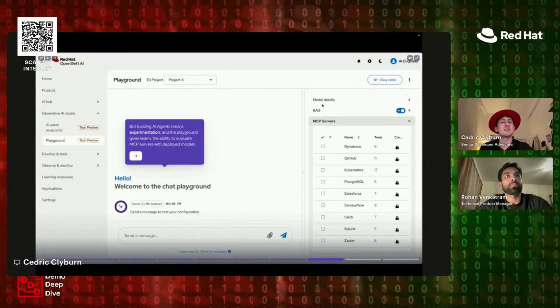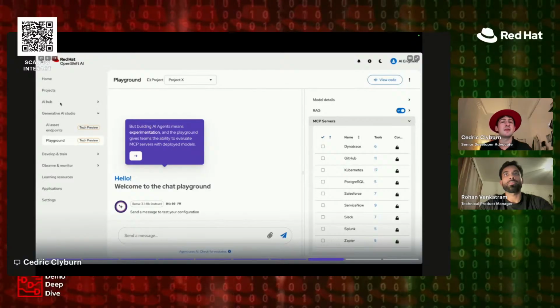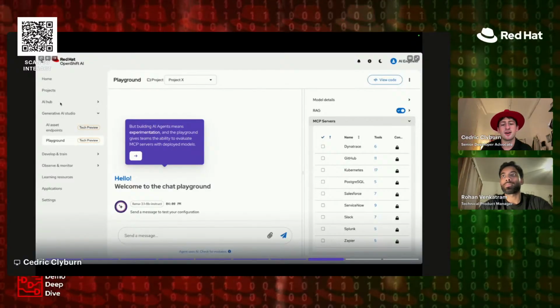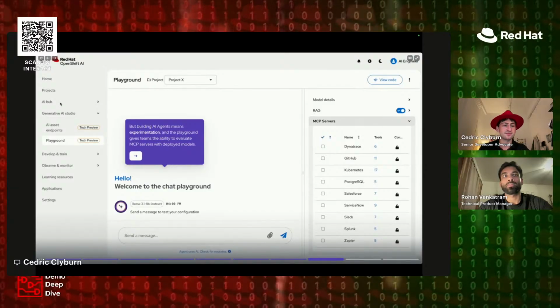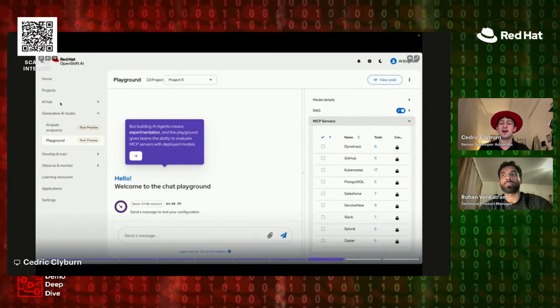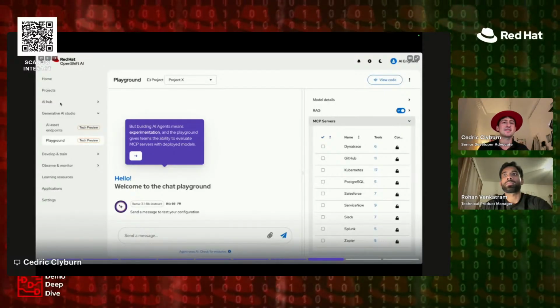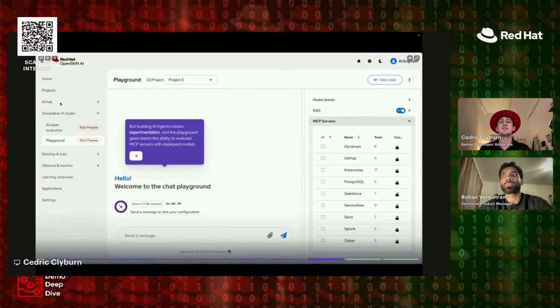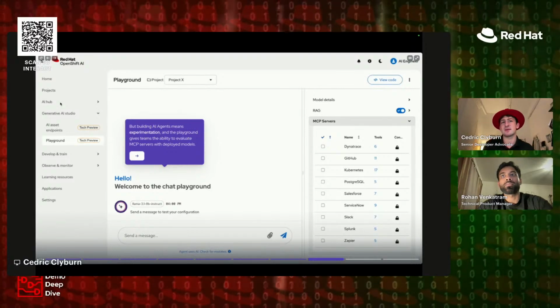And so you can test with different models that you can deploy from the AI Hub that have been vetted, as we talked about before on Hugging Face, with different MCP servers, combine them, use them individually, and then see what capabilities you're going to get out of agentic AI. This is a playground area to vet things out, to do auditing, to do risk analysis before you actually deploy into production. And we think that's really important because